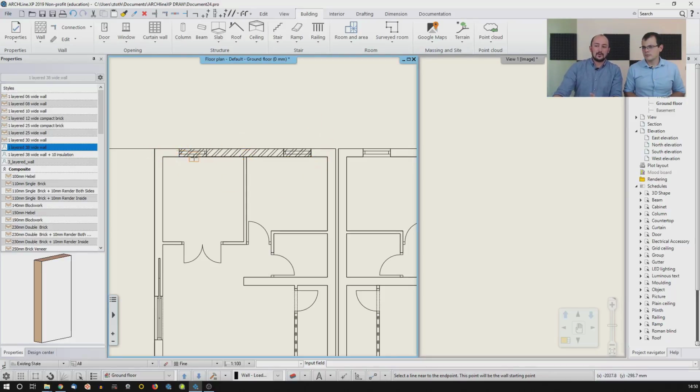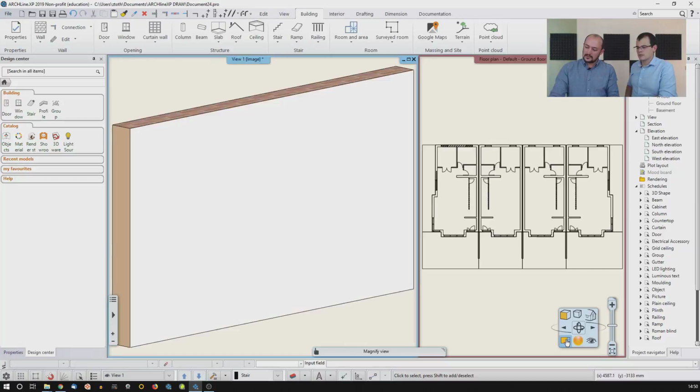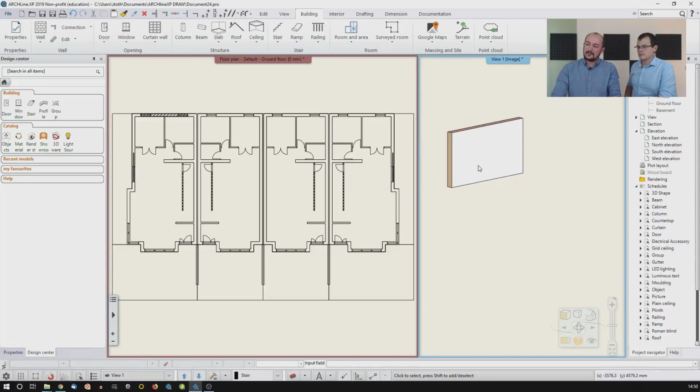See, not the whole wall was turned into a line. It was because I was not precise enough. I can correct them later. But if I hit escape now, and I click here and use this tool, this allows me to reorganize the content. I can see that there's the 3D and there's the 2D now. If I click on the 2D and I click here again, this swaps the drawing. So this is kind of a focus on drawing tool,